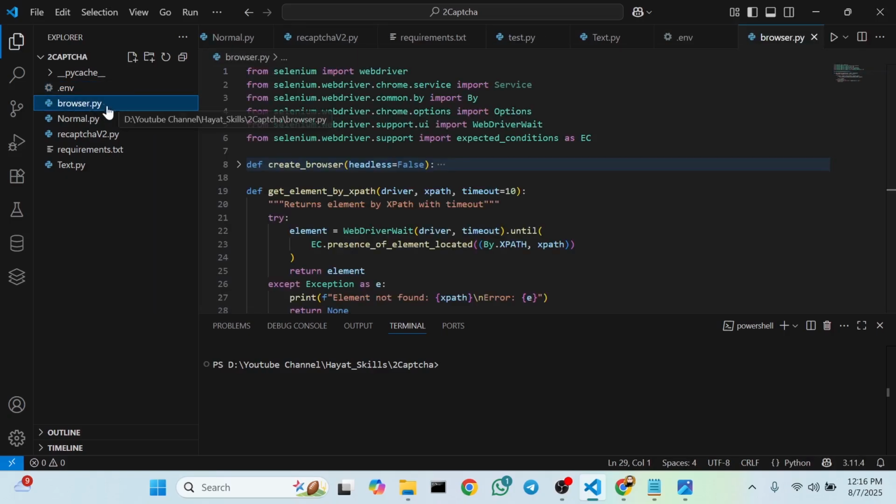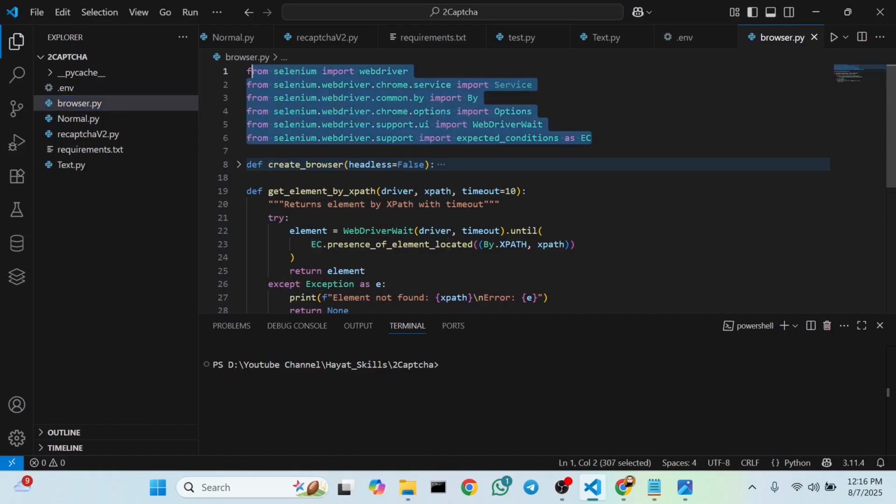Browser.py. This is the main file we will use throughout each type of CAPTCHA file. So let's understand this file. I use Selenium. In this, I import basic functions from it. All of these are Selenium functions. Then I